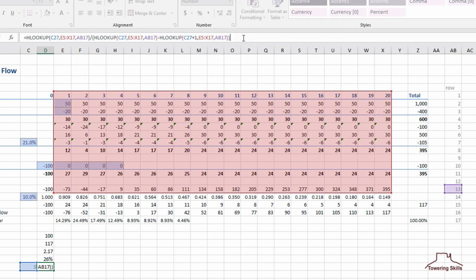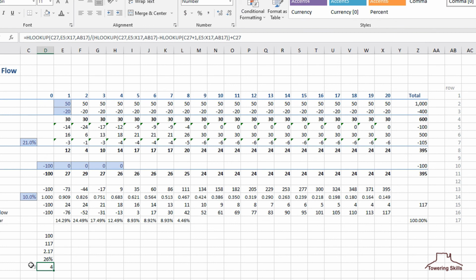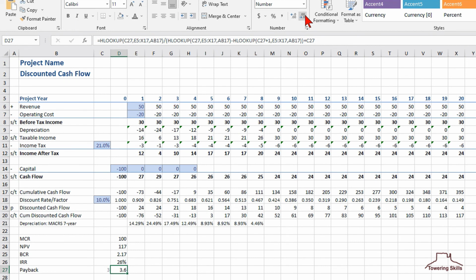And I'll add C27, and now I'll format this in comma style, showing tenths. The lookup function finds the portion of the year where the payback occurs and adds this to the value in C27, which we indicated was the year before payback was complete.